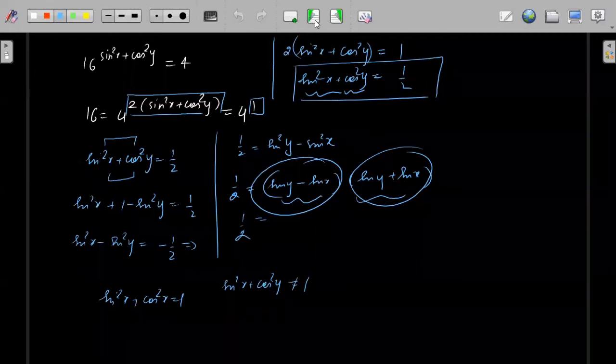Final answer, I do not remember. It was given in the book. Just let me check. Final answer, you can check from the book. It is given in the book, right? Okay. So I'm just telling you the methods of solving. So you can just solve it like this. Fine. You can try it and solve.